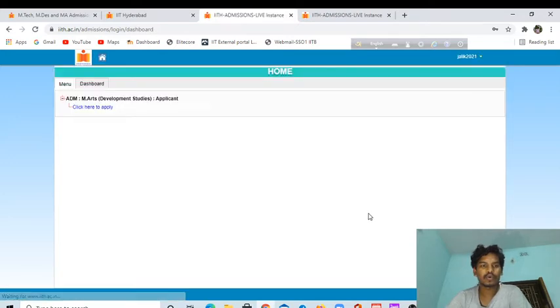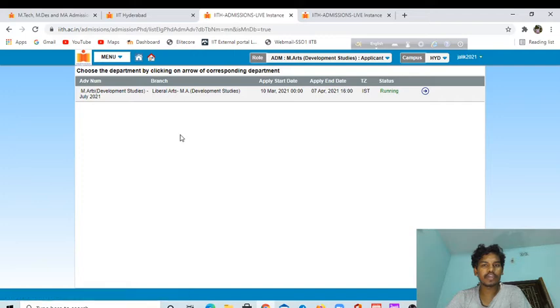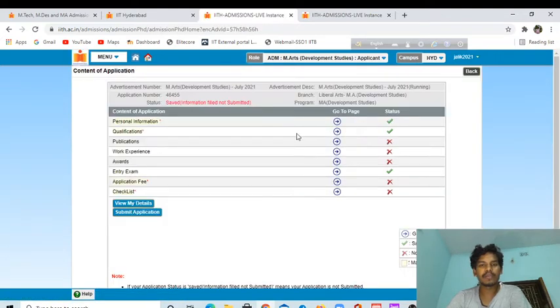Then you have to click on this, and you can see Liberal Arts, MA in Development Studies. The apply start date is 10 March and the last date is 7th April. So guys, you have to click on it and you will be able to see all this.